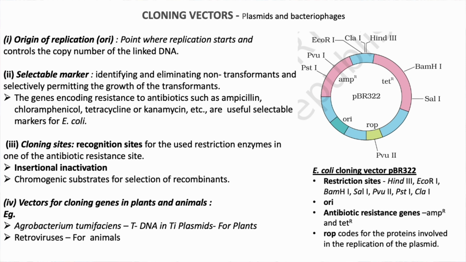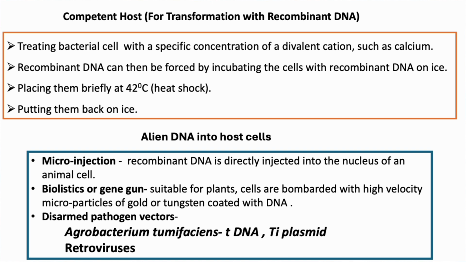Learn the importance of the selectable marker, insertional inactivation, and how chromogenic substrates have helped in selecting a transformant from a non-transformant. Then we learned the different steps involved in making a host competent, different methods by which we can introduce the alien DNA into a host cell, like microinjection, which is for animal cell, biolistics or gene gun for plant cell, and different disarmed pathogens like Agrobacterium tumefaciens and retroviruses, which are being used in plants and animals